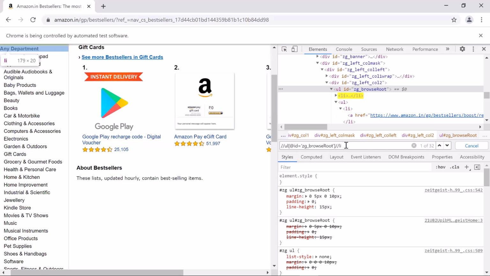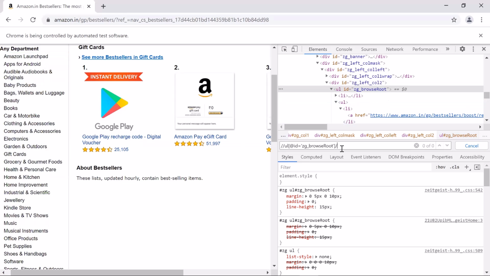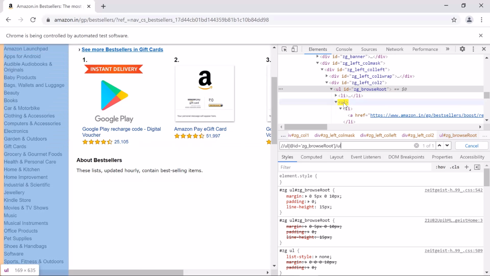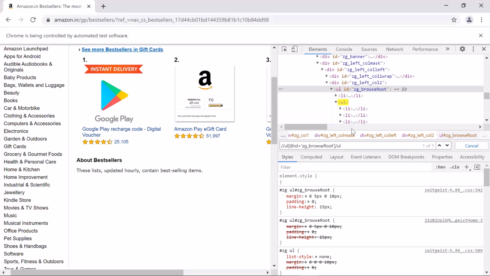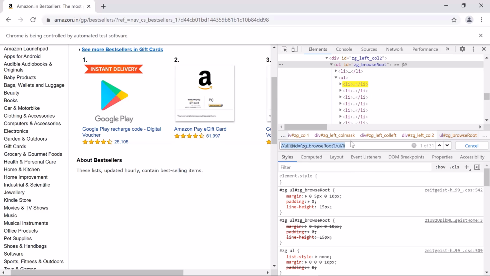But if we directly use the li tag using a relative path, then it will return this item as well. So what I'll do now is create the absolute path from here to navigate to this UL tag. Then under this UL tag, we have all the li elements available which we want. So to get the list of those elements, I'll type /li. Here you can see that it returns 31 elements from the web page, which are listed under the UL tag. So this XPath will return multiple elements.